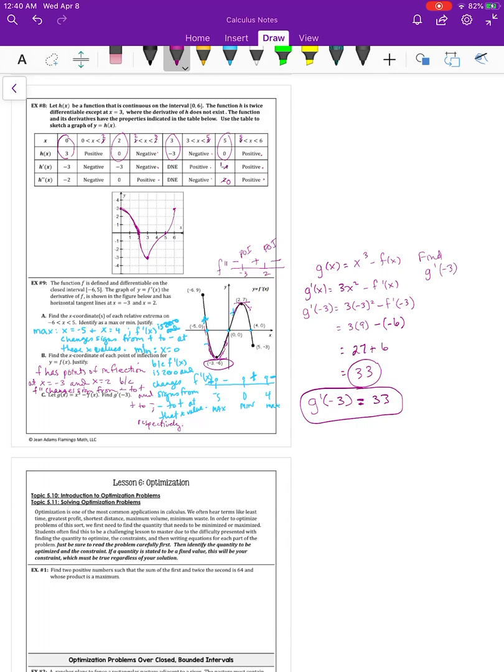And don't get too crazy or worried about this lesson. It's good practice, and I think it helps you understand the relationship between f and f prime and f double prime. But, you know, with the situation that we're in, it's going to be a little bit difficult to test you on this, but they are on Math Excel, and so I will give you some of those sample problems on Math